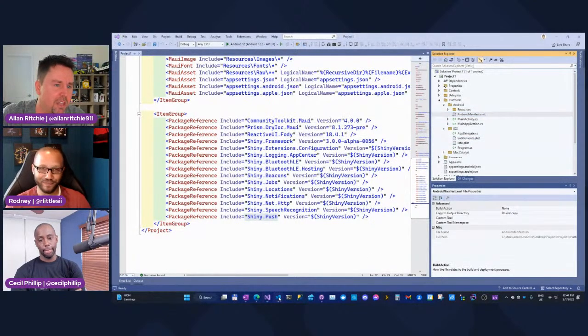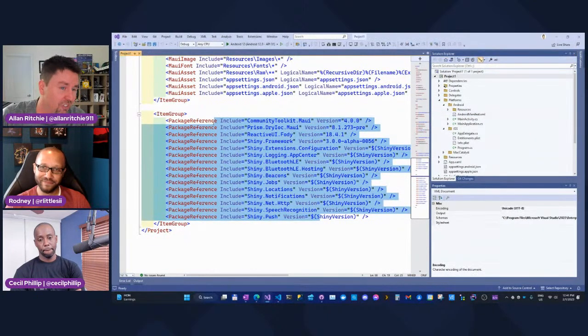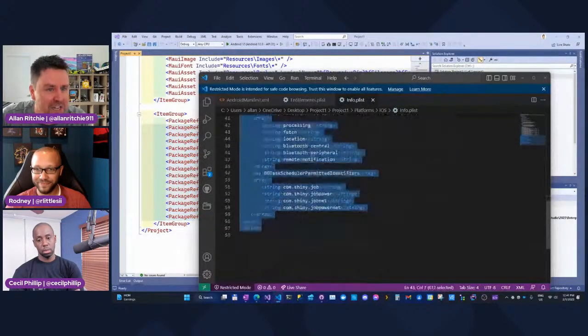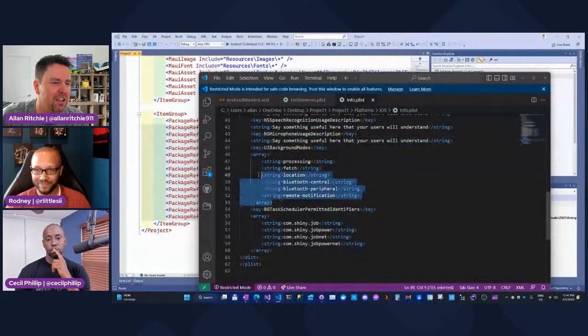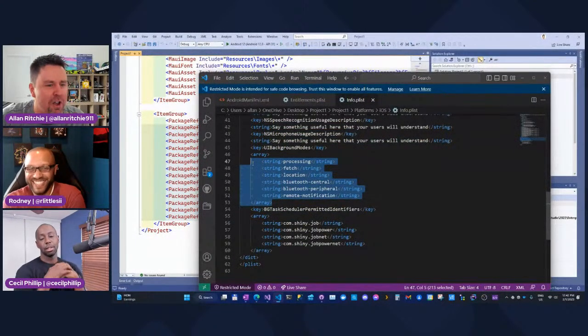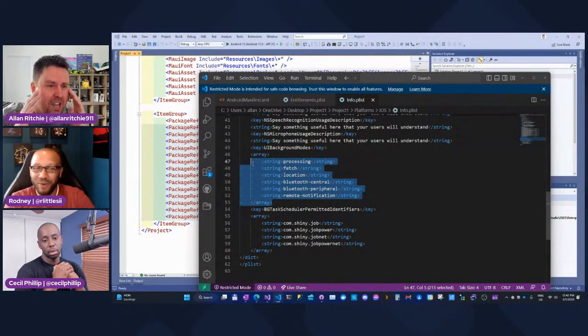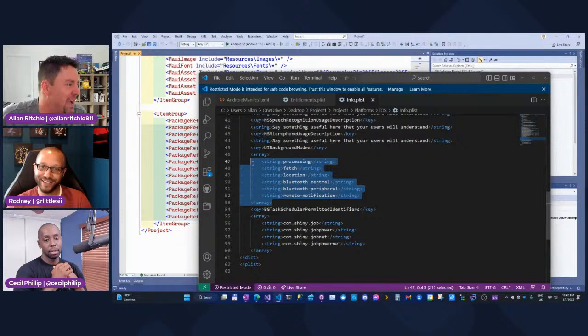And when I started looking at them, sure, we installed a bunch of NuGet packages. That's not too hard. But when we start looking at, here's an Info.plist, what does all this stuff mean? Even for me as the developer of these things, you'd be surprised how easy it is for me to forget, oh yeah, I didn't check that box today. And I'll go on and on and think, what did I forget today? So the templates were more or less designed for me being stupid and the fact that I forget this stuff. So if I'm forgetting this stuff, what are other people doing? I can only imagine, right?